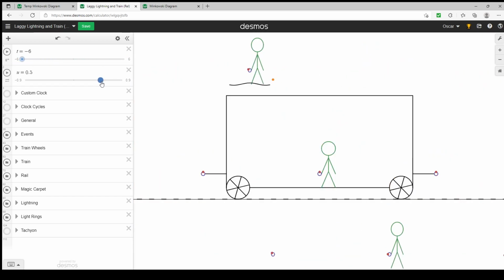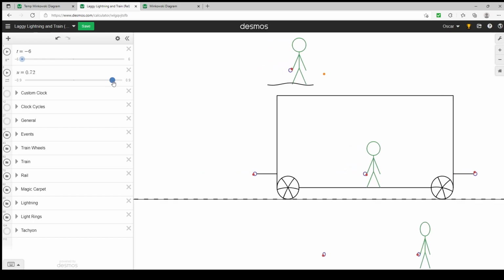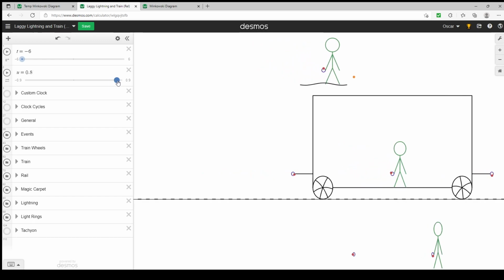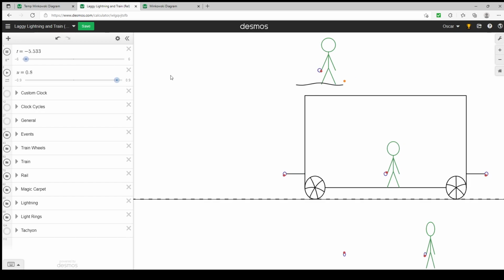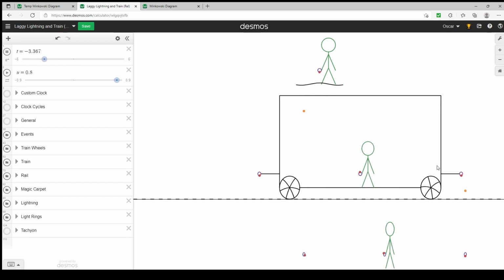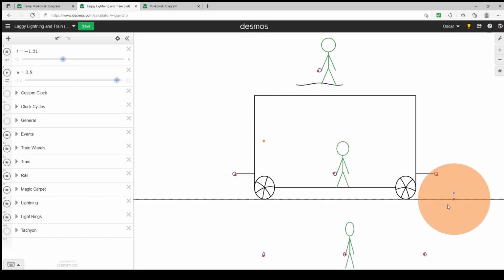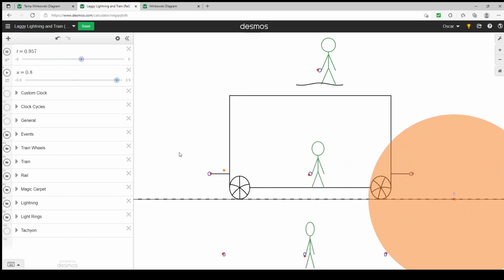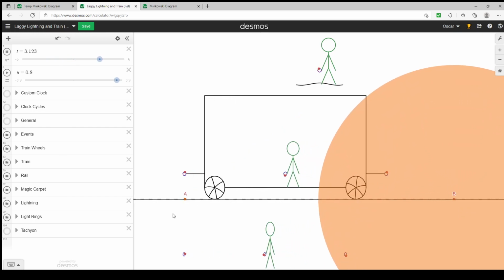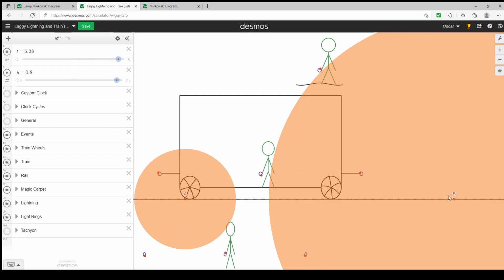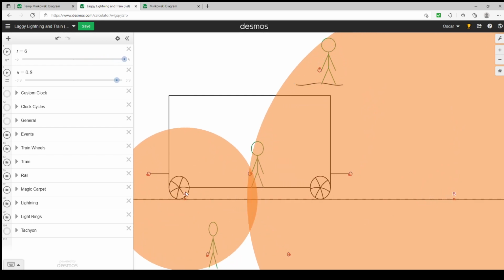If we look at what these events look like from the reference frame of the guy on the magic carpet, which is 80% of the speed of light, he sees two lightning bolts fall as well, but he sees the second lightning bolt fall first, and the first lightning bolt fall second, such that event B happens first, and then event A happens. This is the relativity of simultaneity,